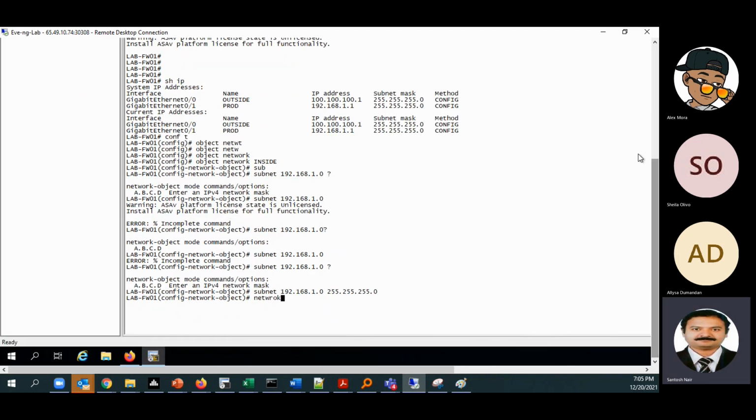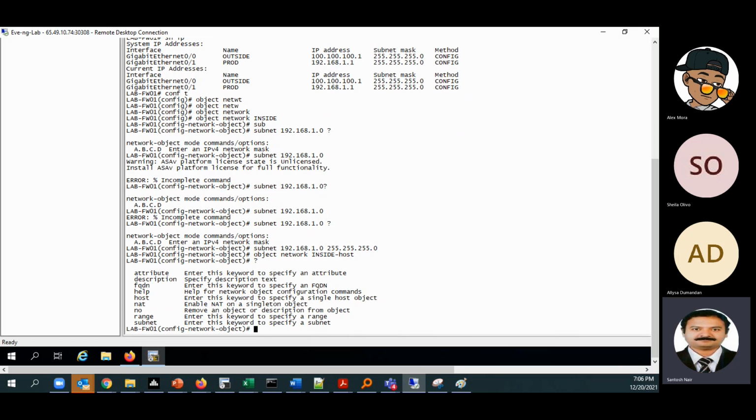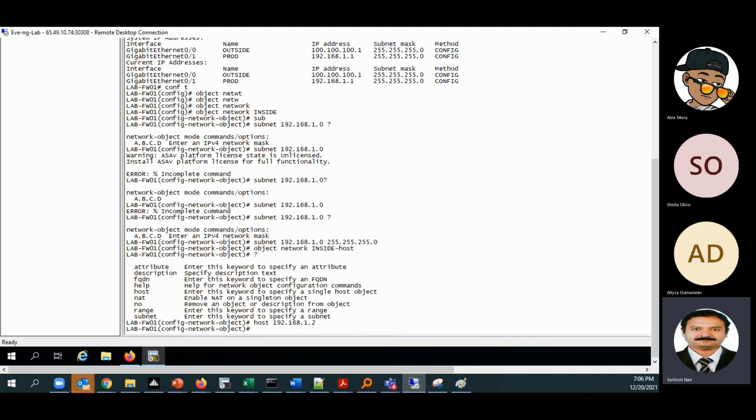But we don't require that, so what we'll do is a NAT for one IP address, just one IP. We don't want to give much. So what we'll give is 192.168.1.2. Now if we want to do a static NAT, one-to-one NAT, how will we do it in auto NAT? This is the auto NAT we have.